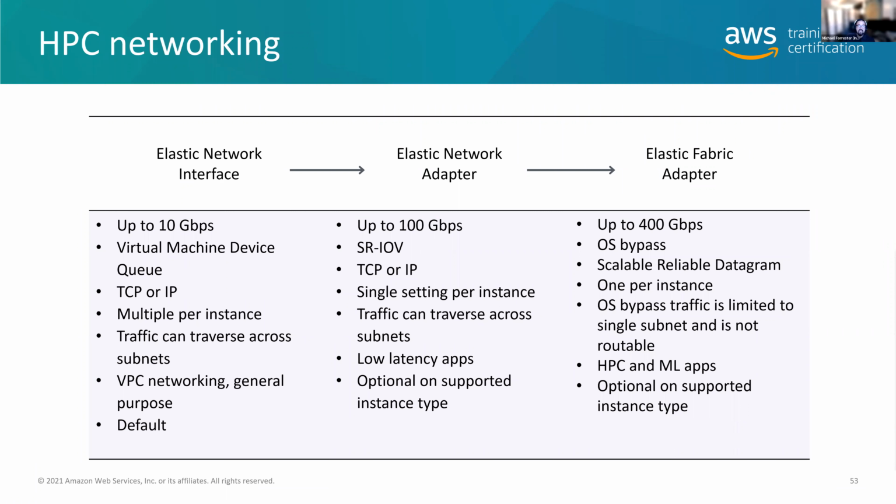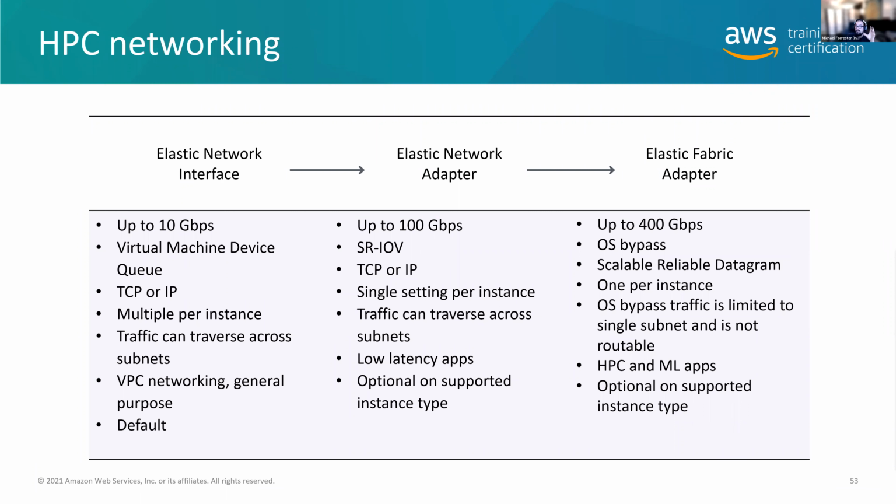Now, note that ENIs are available to almost every instance by default. So notice that's up to 10 gigabits per second. The ENA is an add-on that you can throw onto a system, and it's only on supported types, right? But that enables what's called SR-IOV, which is kind of like a virtualization enhancement. It almost bypasses virtualization to create a lot of IO speed. That's going to go up to 100 gigabits per second.